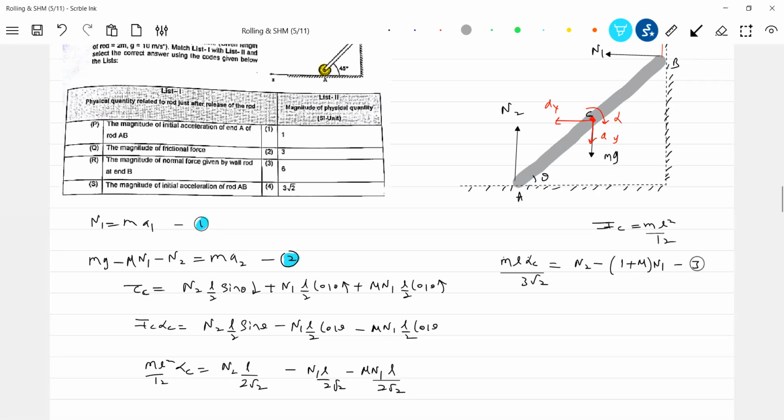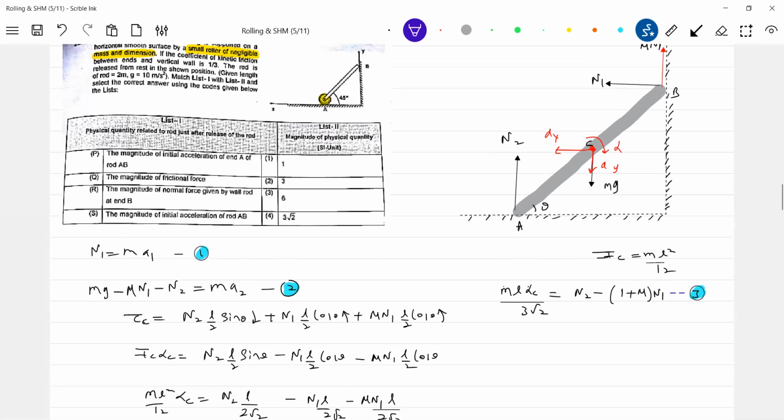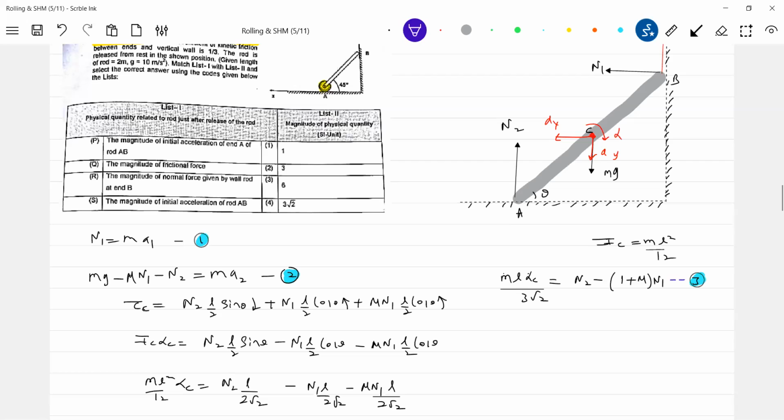Check it once. I think I'm right. Yes. Is it okay? Yeah, fine. Now, what is the next thing? How many unknowns? So many unknowns are there, no? Whose help you have to take? I think we have exhausted ourselves, no? Okay, sir, what about taking torque about any point? No, it is rotating about center of mass. This is over. We are exhausted. I need some more equations. Whose help I should take?